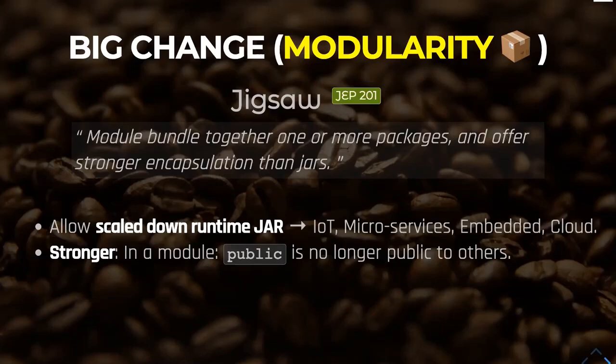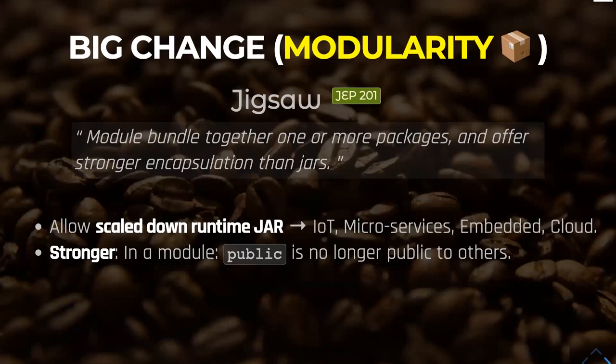But I cannot deprecate it, and I cannot make it private, because if it's private, I cannot use it in different packages and modules in the JDK, so it should be public. And if it's public, it means it can be used by any other source code. So this is one of the weakest points from a security and encapsulation point of view.